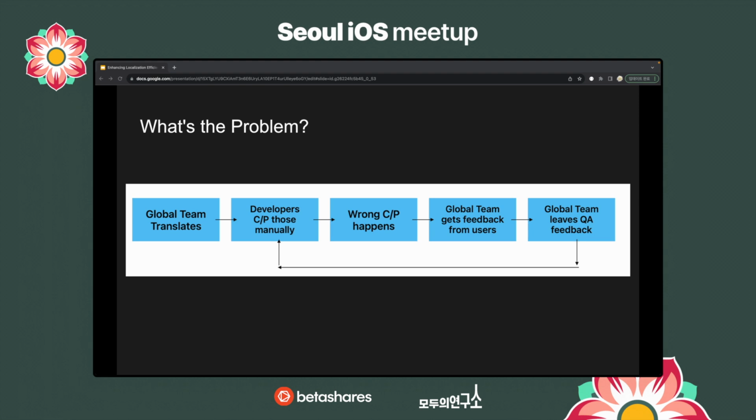For each update, around 200 to 250 localizations are uploaded to Notion by our global and planning teams in each language. Then the iOS and Android client teams manually copy and paste these translations around 200 times to update the strings file.